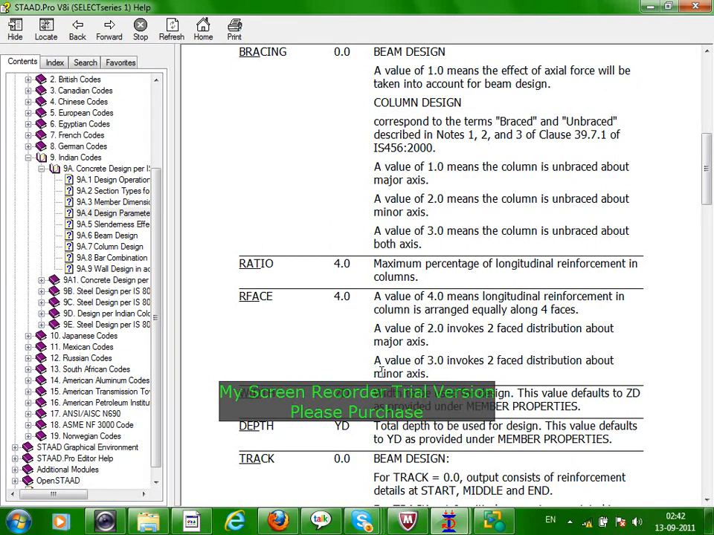Okay, it is better we stop over here and continue from the next. I am starting in case of the